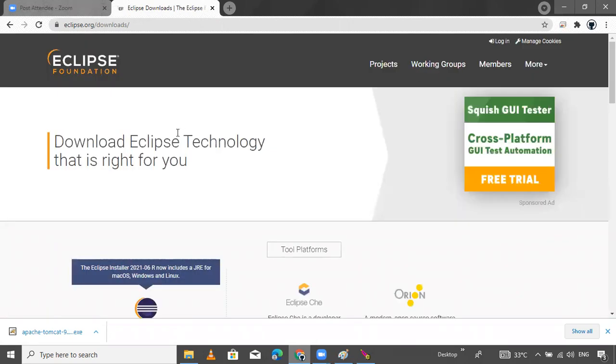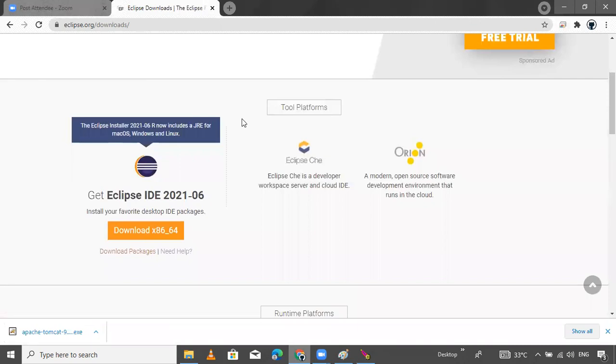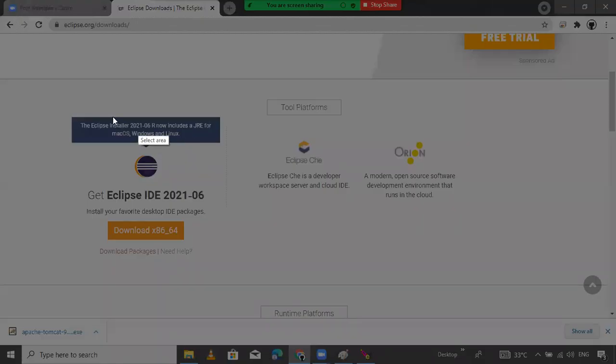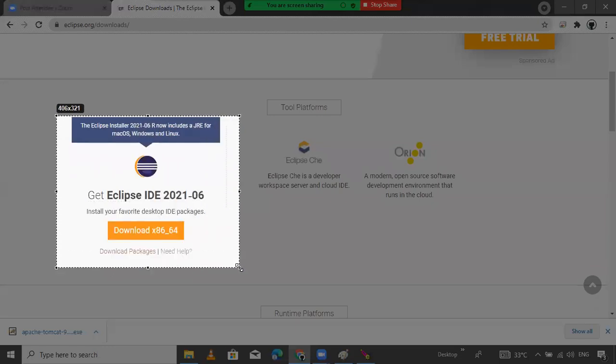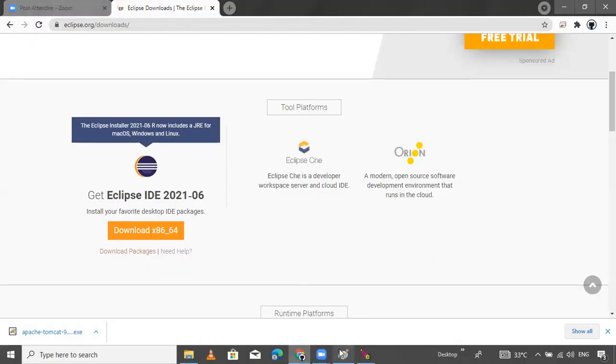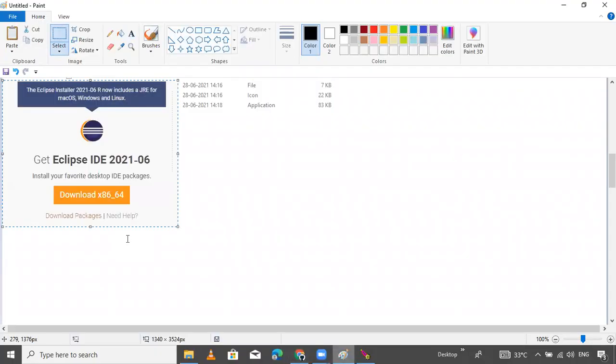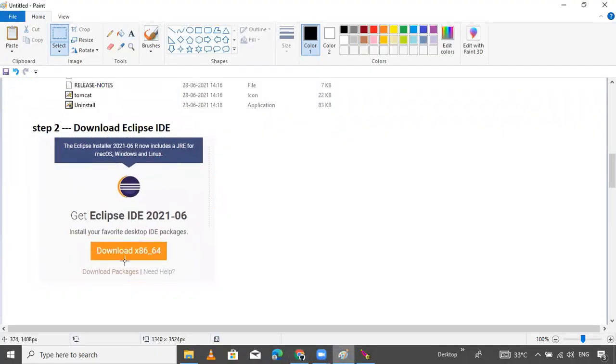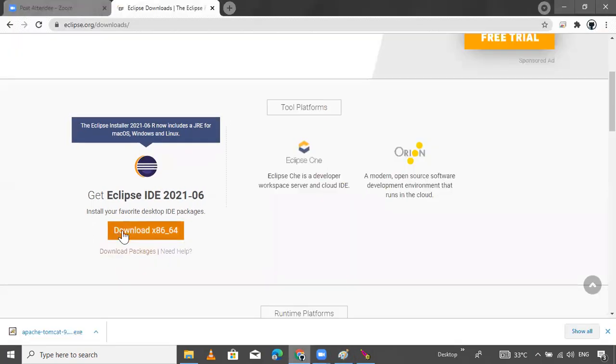IDE installation takes a little bit of time. You will get this type of dialog. Click on packages. I will copy it. Just click on this button, I'm highlighting. Click on packages. We select the package we want to work with.